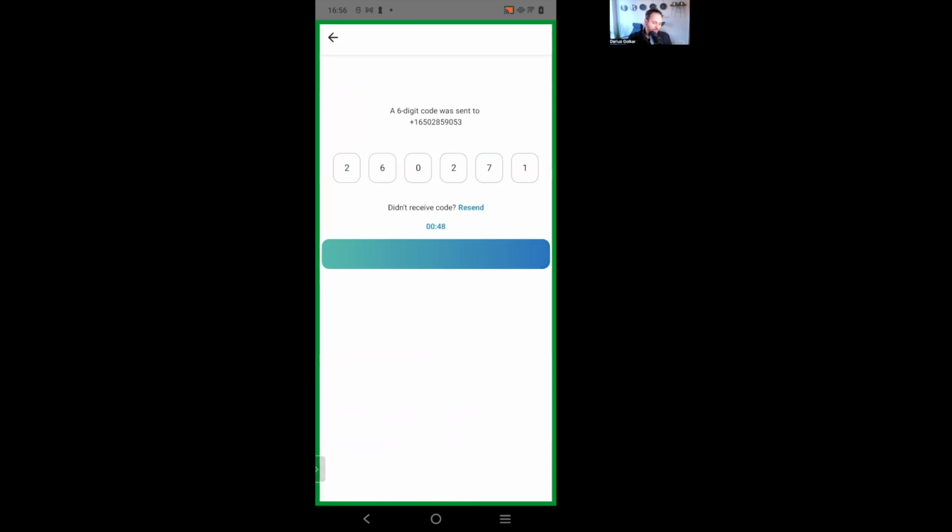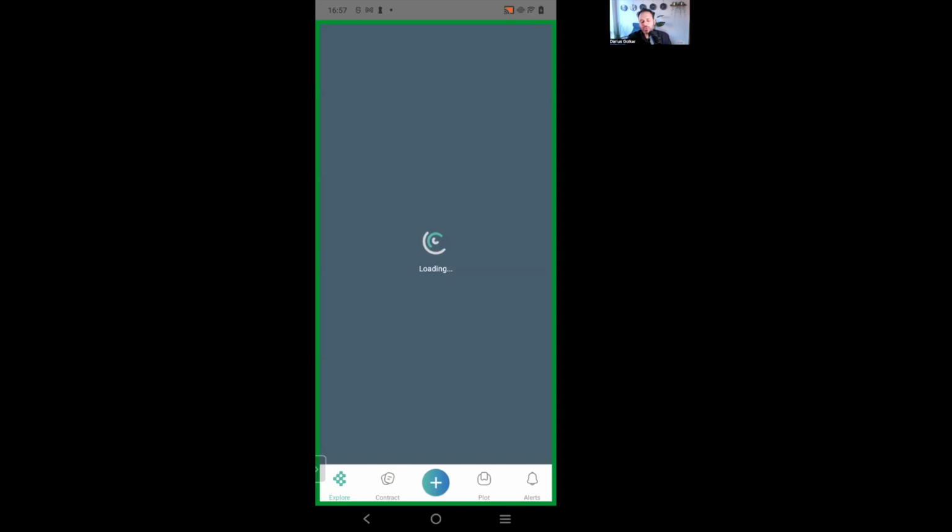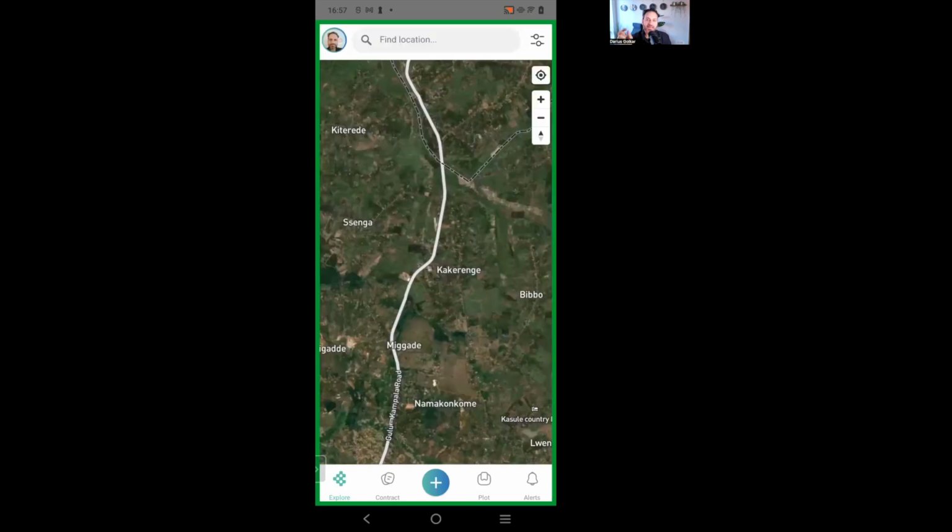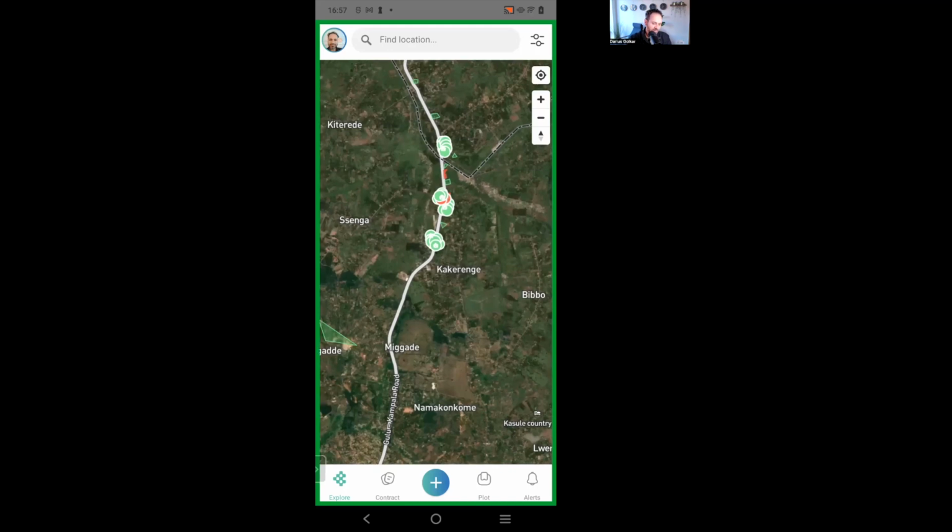So now I've just logged into an account. So anyone can go on the Commonlands app and they can create an account and it gives them access to our verifier. Okay. So this is not something that you need special permission or anything to do. This is just part of the system.